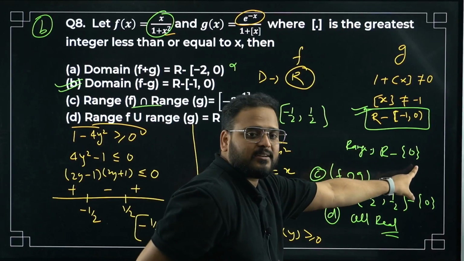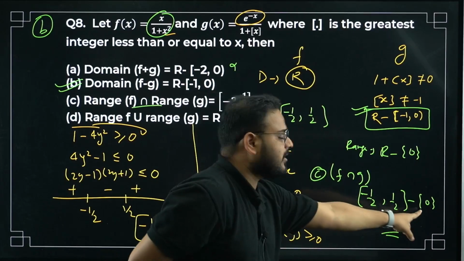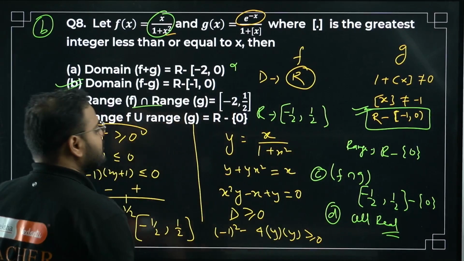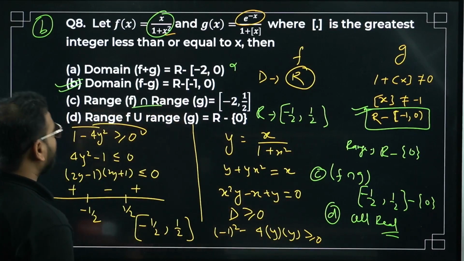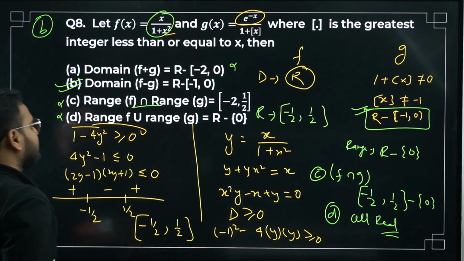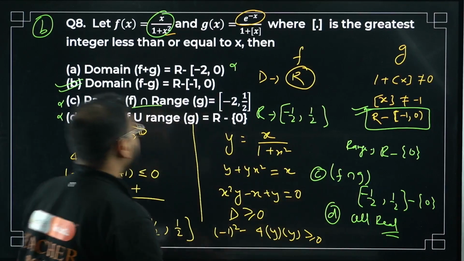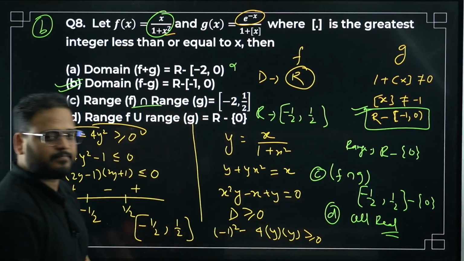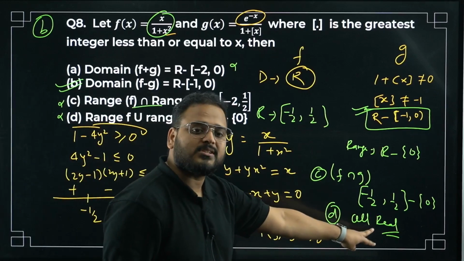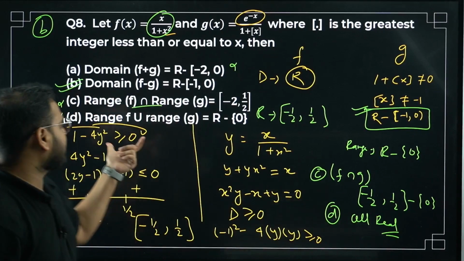For this part, bacha, this intersection with this part, what will happen? 0 is not there. Okay, so remove 0 from here. That's why -0. So option C and option D should have been this. But is it that? No, sir. It means C and D are incorrect. If C was this, then correct. If D was this, then correct. I've given you the correct C and D options, basically, but that is not the case here.